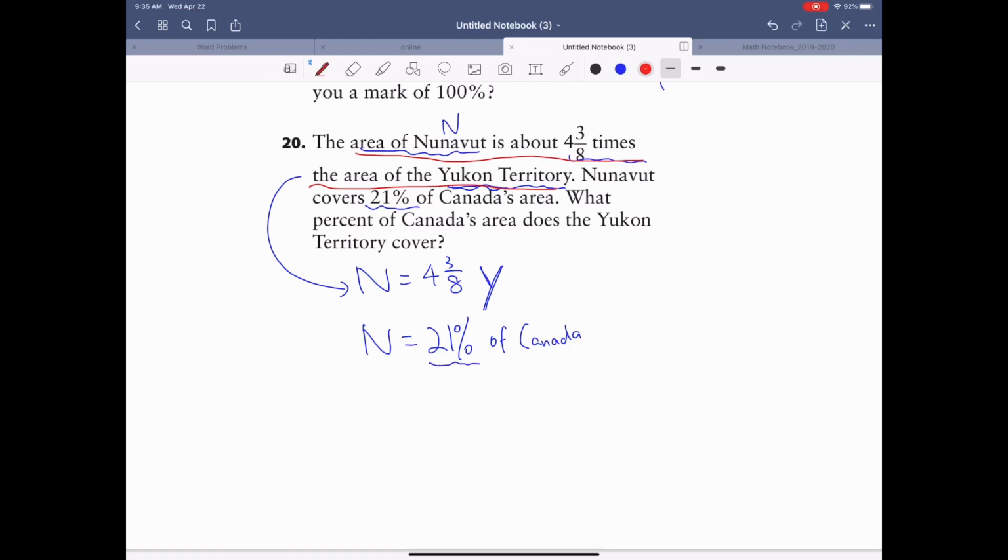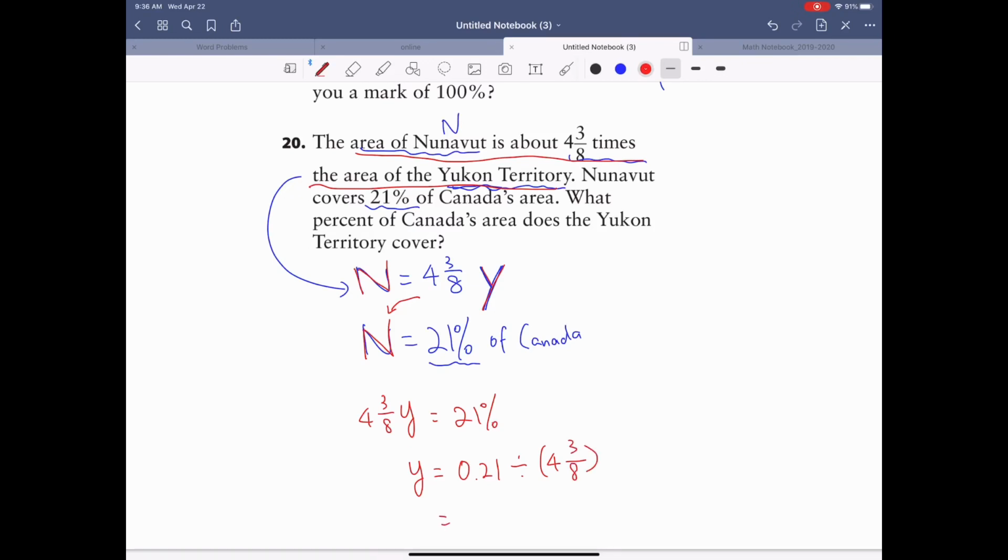So is there anything you can substitute? You don't want n here, you want y here because they ask you about Yukon, okay? So n, you can substitute n by that much y. So you can actually substitute it in here. So 3 over 8 y, that's basically n equals 21% of Canada. Okay, and solve for y then. 21% basically is 0.21